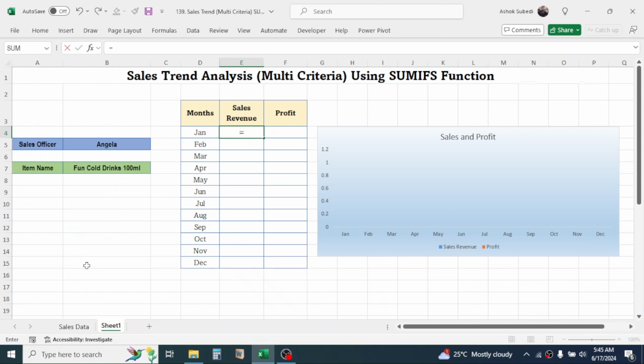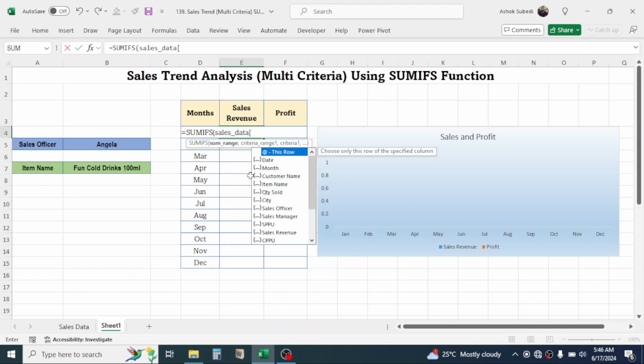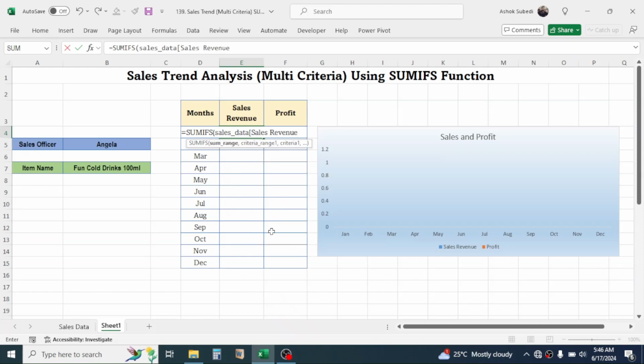Press equal to, then type SUMIFS bracket open. In the sum range for the sales revenue, we have to choose the sales revenue column of the sales data table. So for that, type the table name first, that is sales data. When you type sales, it will suggest the table. So double click on the sales data table, then to choose the column, open a square bracket, then here select the sales revenue column, close the square bracket,